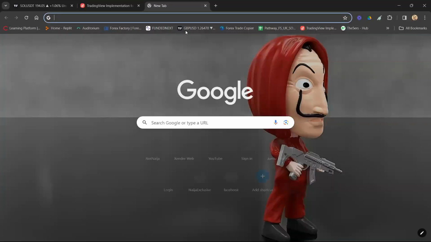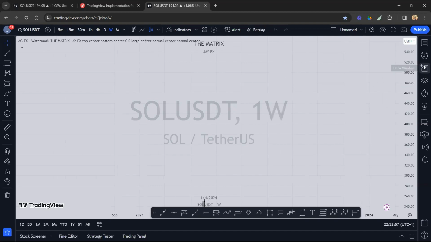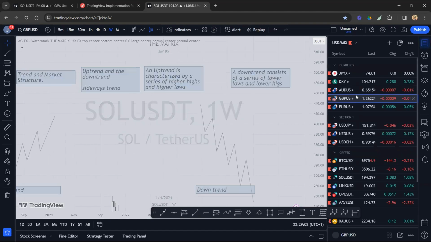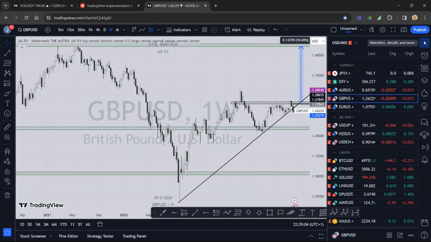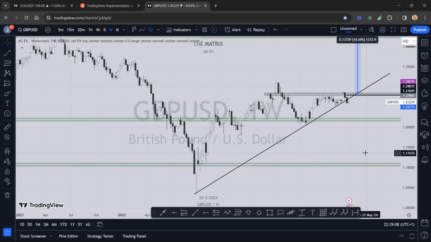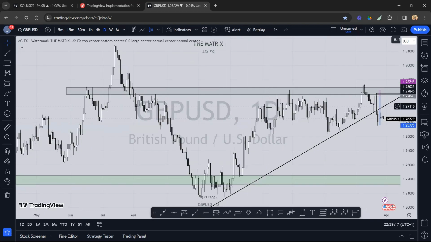Let me look at a different one. Let's look at GBP USD. All right, so what trend is this? Yeah, that should be an uptrend. This is an uptrend. Perfect. So